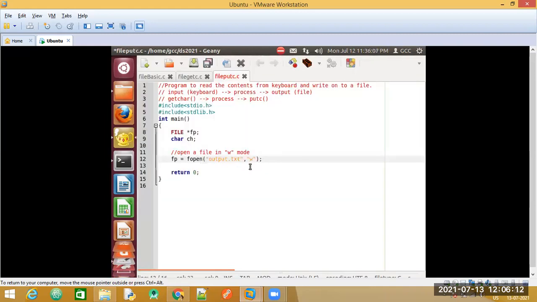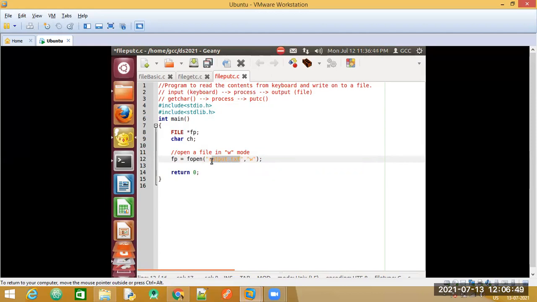So whenever we make use of the W mode, if the file is not existing, since we are in the write mode, it will create a file with this particular name. If the file is already existing and we try to open it in the write mode, then what will happen? The contents, whatever are present in this particular file, will be replaced by the new content.